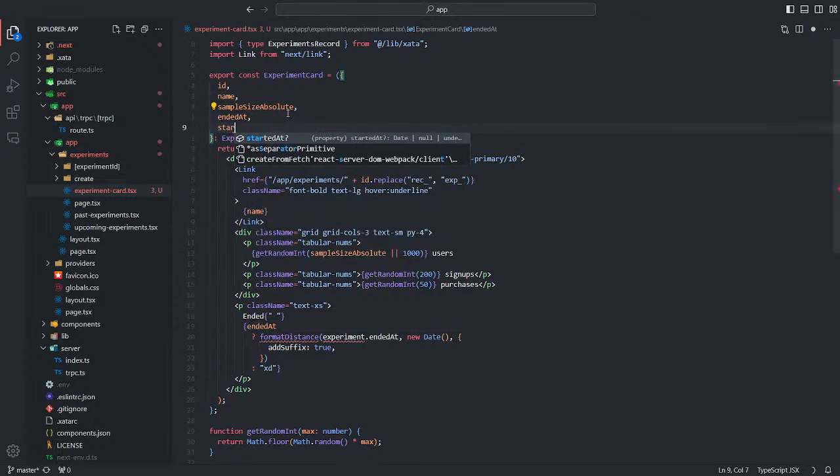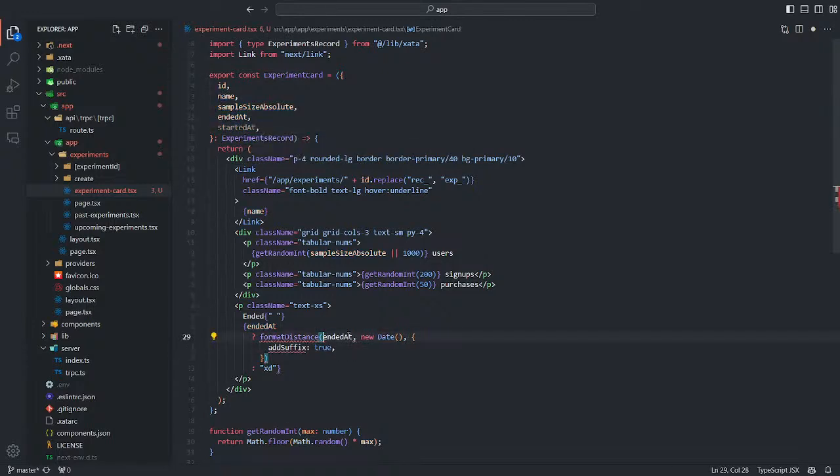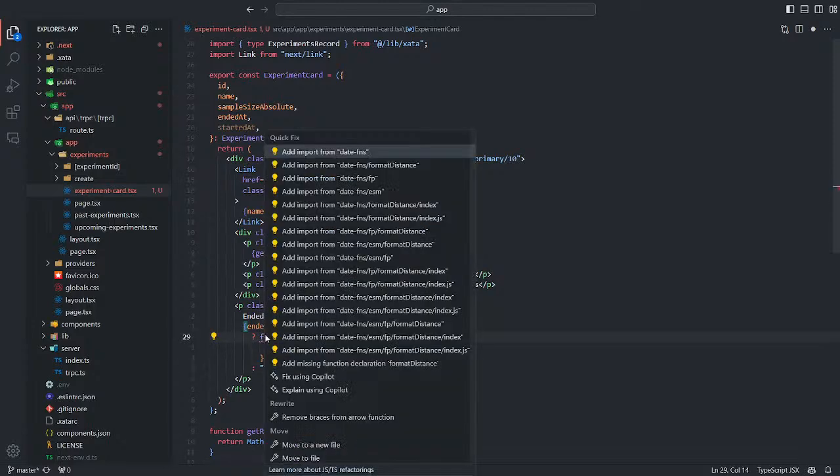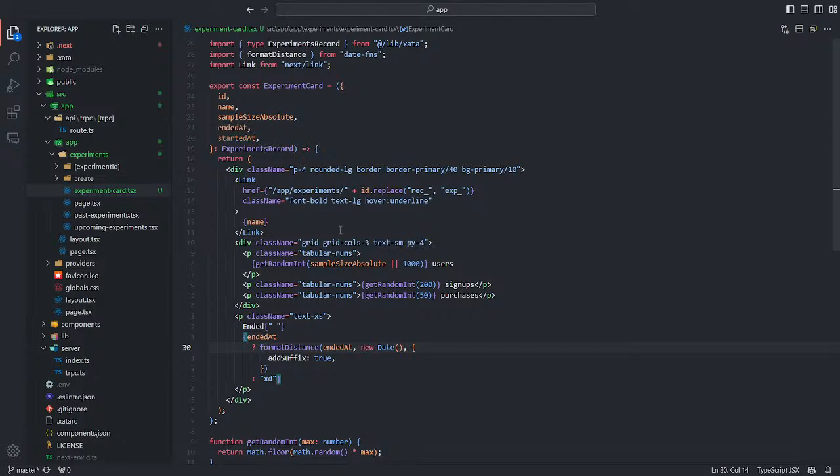And started at also. Format distance. And that's all, I think.